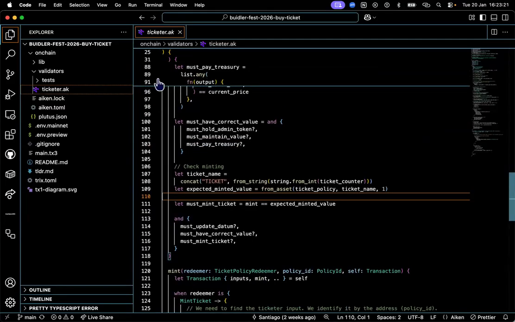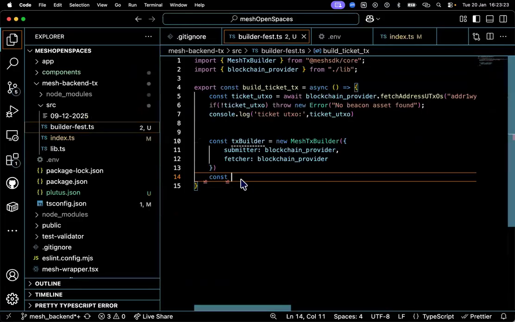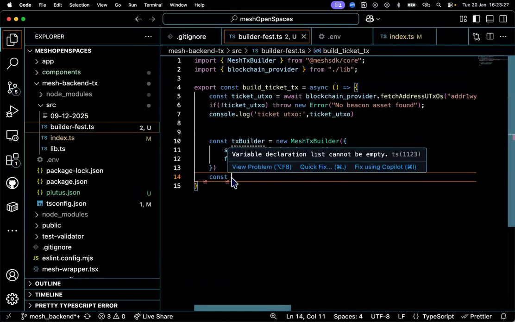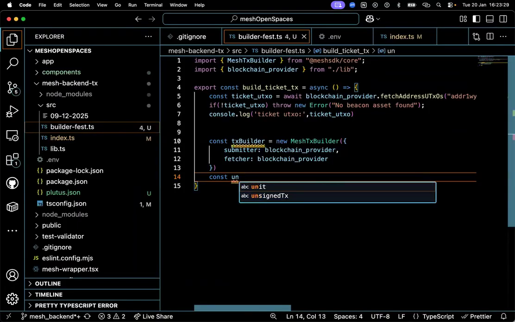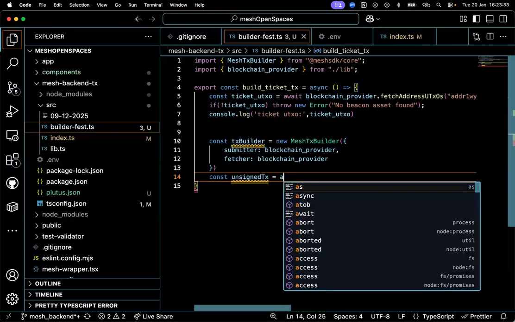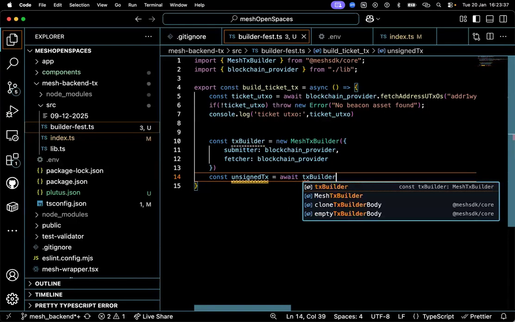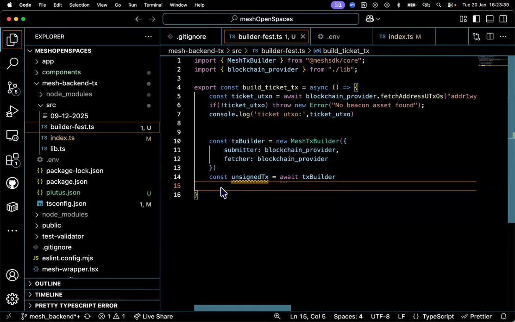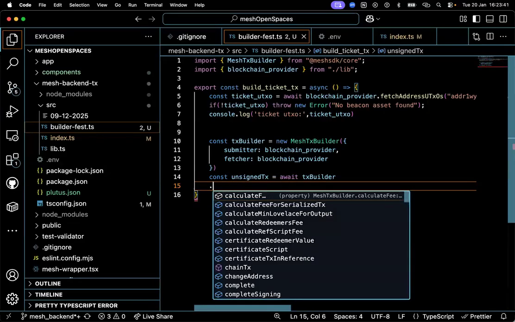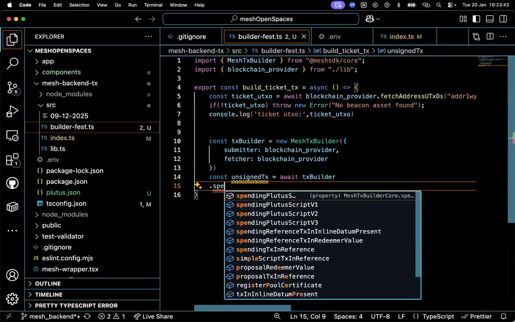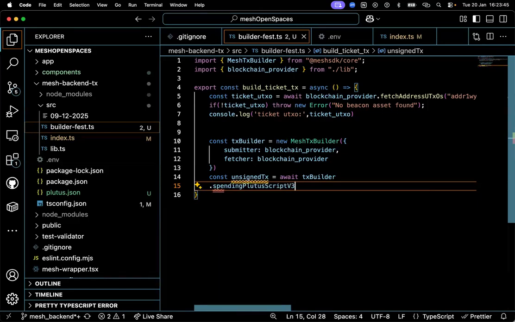Anyways, let's just continue. I'm going to do sign CX because I'm going to await the CX builder. And I'm going to start with the spending Plutus. I guess it should be V3.